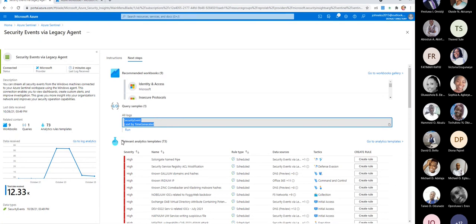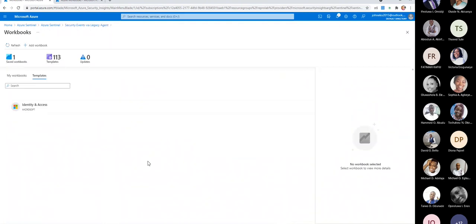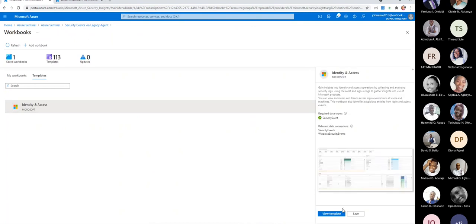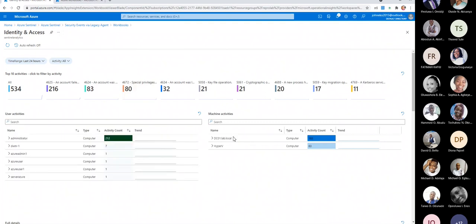Then you can also have the relevant analytic template, of which we are going to look at analytics and see different templates that are in analytics. So if I go to identity and access, I'm going to click on this and see the security events that I have for my virtual machines. I have two virtual machines that are connected, and here we have the security event. So you can see user activities and machine activities. You can also see failed login, account was successfully logged onto, and several others, which is the top 10 activities